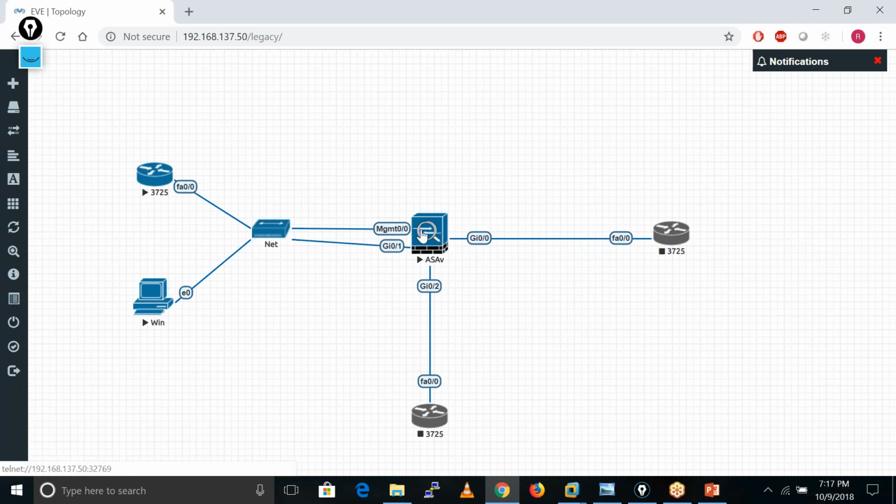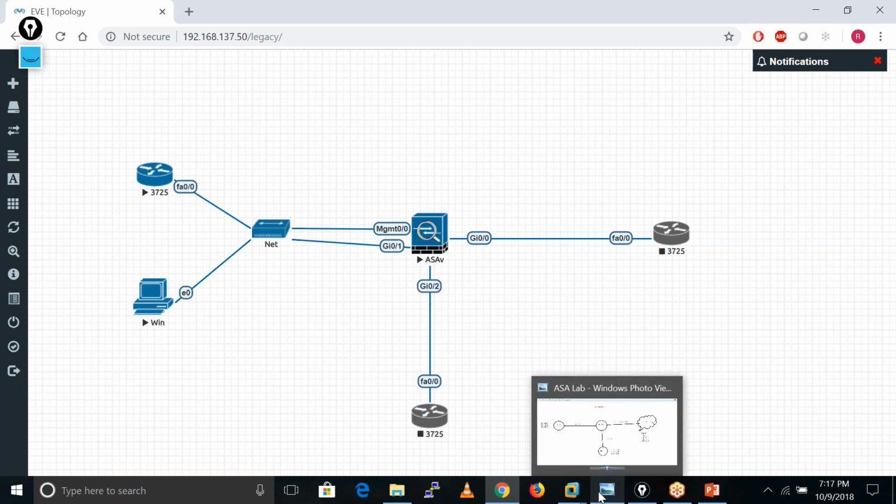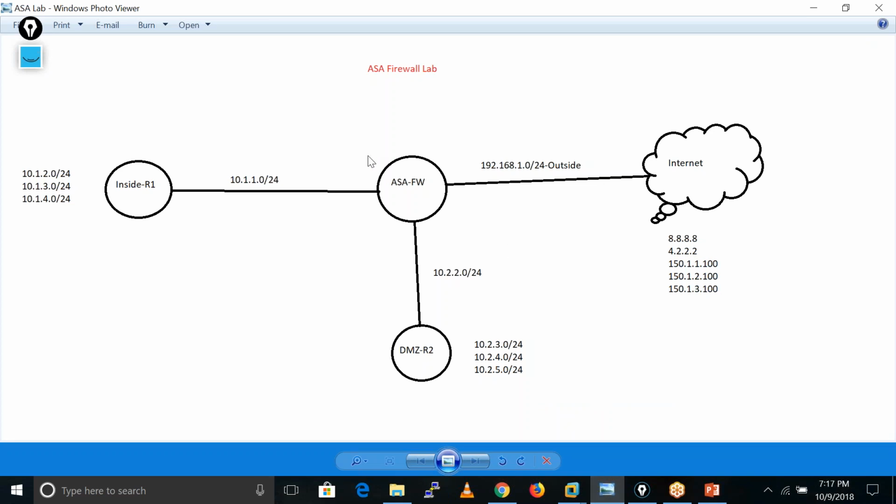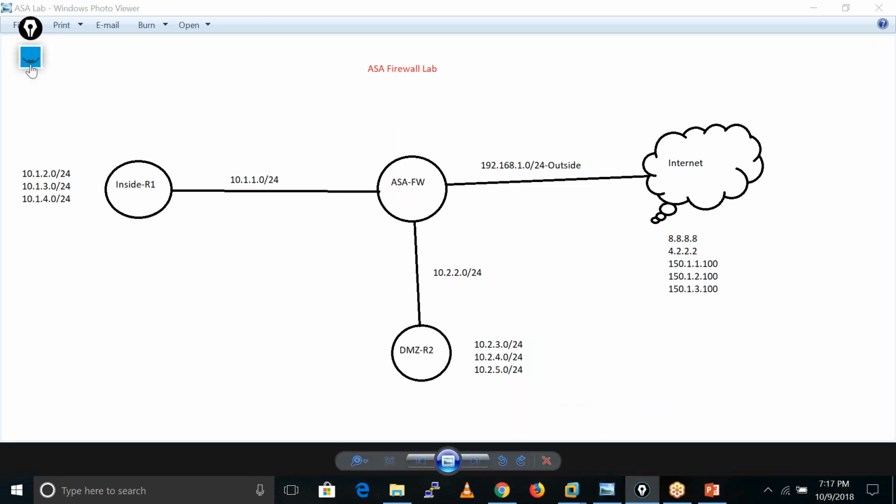I'll try to telnet over there, and I'll try to SSH over there on the management interface and the Giga 0/0 interface. Let me open that topology only.